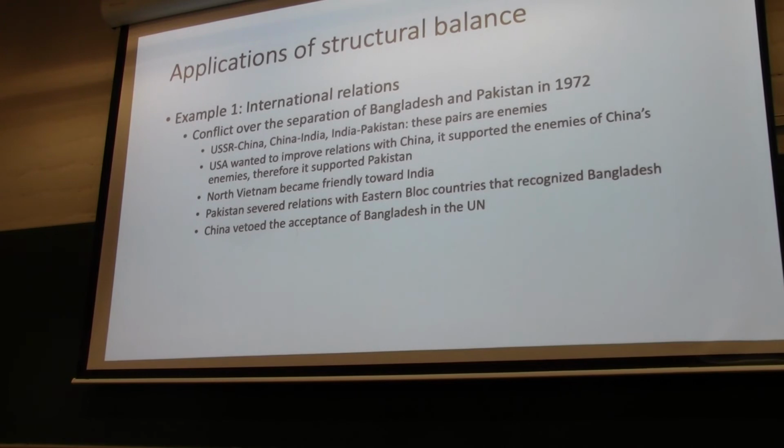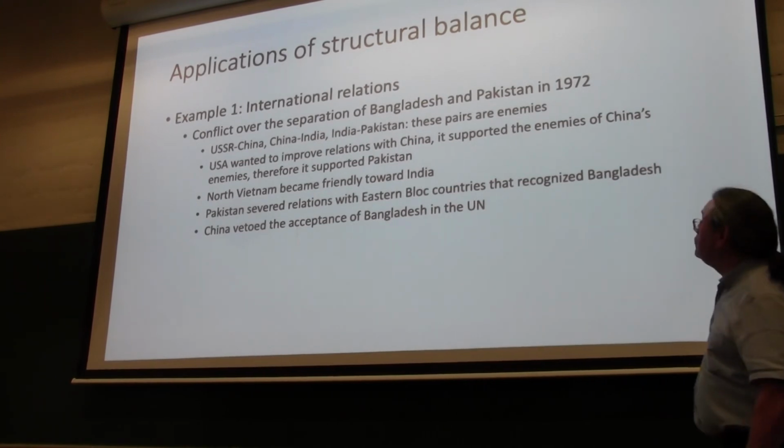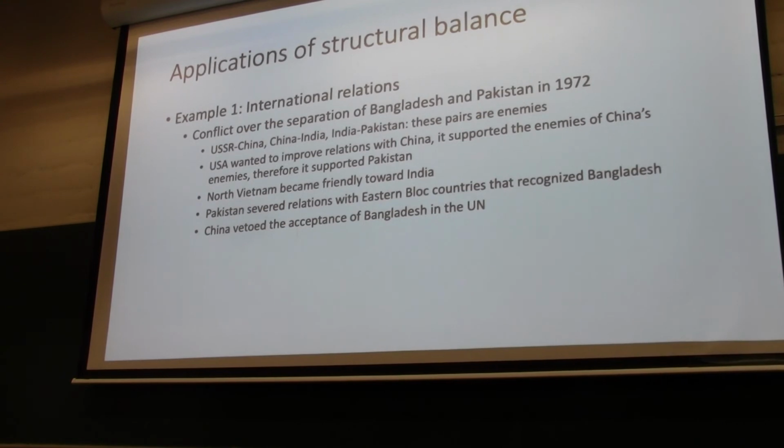So it supported Pakistan. North Vietnam became friendly toward India. Pakistan severed relations with Eastern Bloc countries, who are friends of the USSR, that recognized Bangladesh, and China vetoed the acceptance of Bangladesh. If you make a graph, you can explain all of this in terms of